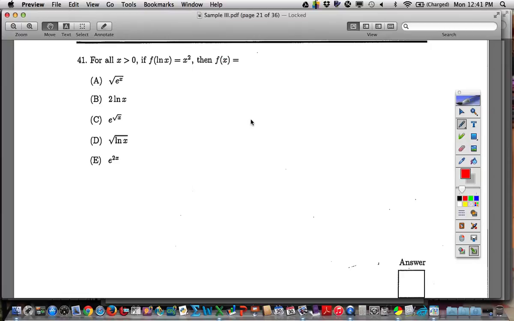So, anybody else? I just plug that into all the answers. Okay, that's one of the thoughts I had, it's got to be one of these, and it doesn't take too long. Remember, e and natural log kind of cancel each other out, right? So if I put natural log into here, I get e to the ln x, which is x, and you get square root of x. Well, that's no good. Here I do ln of ln x, well, that's nothing that I know of, so that's not going to work. Here, if I put ln x in here,